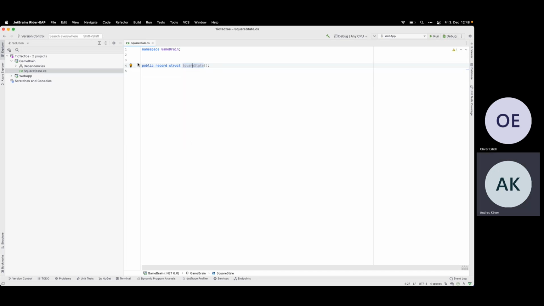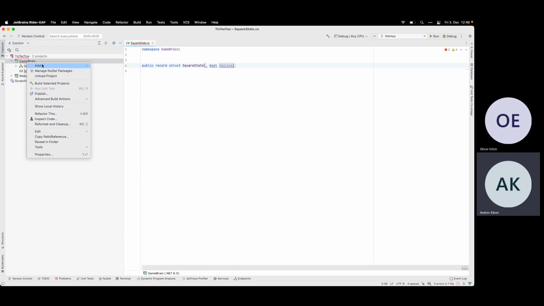So square state has two elements. The second one is the bool has line, but the first one is an enum, and I need that one also.